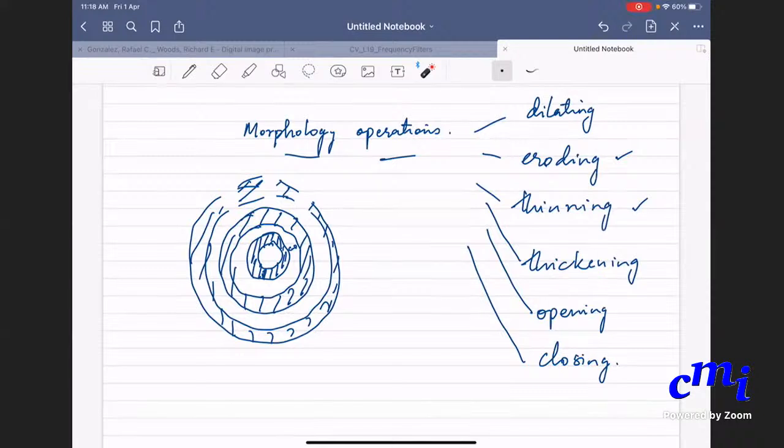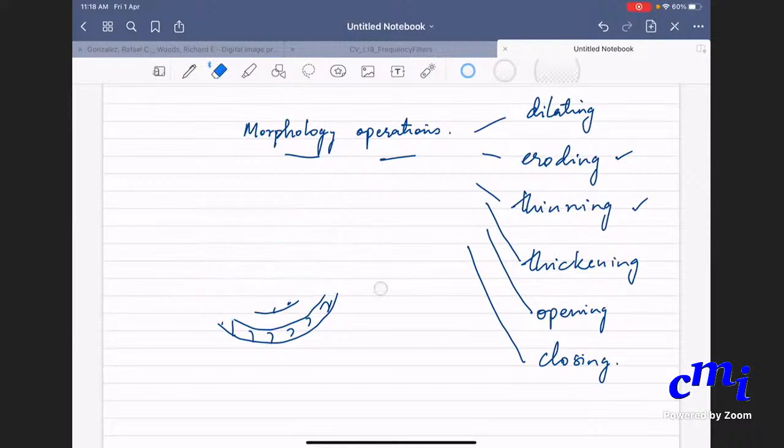I'm just giving you a short introduction to what morphology looks like, and the detail of how each of these operations work. There are many, so I will give you the reference. You will see there are many such operations. These are the main ones, and one of the most important reasons why morphology operations are done